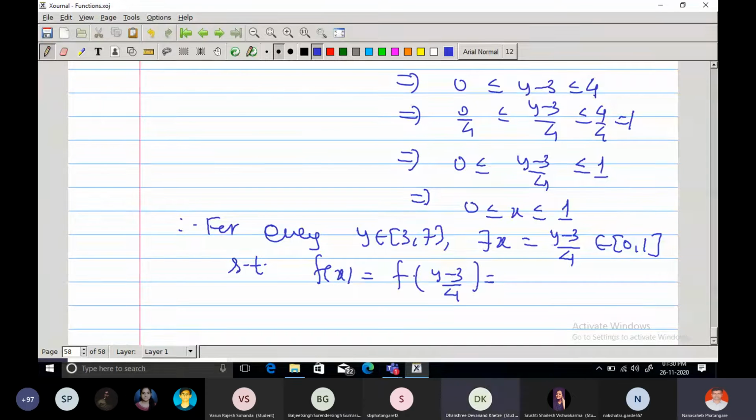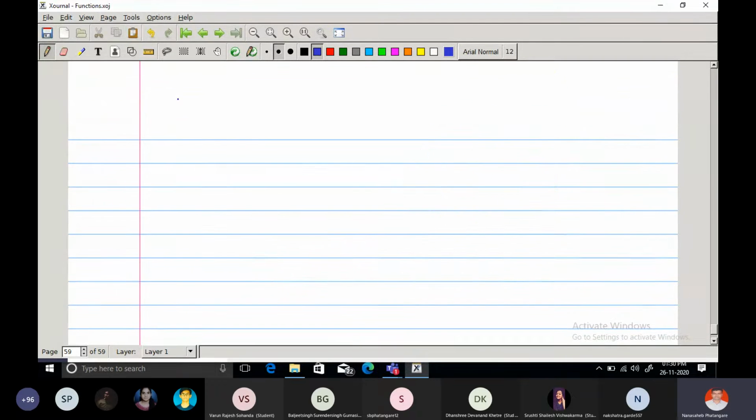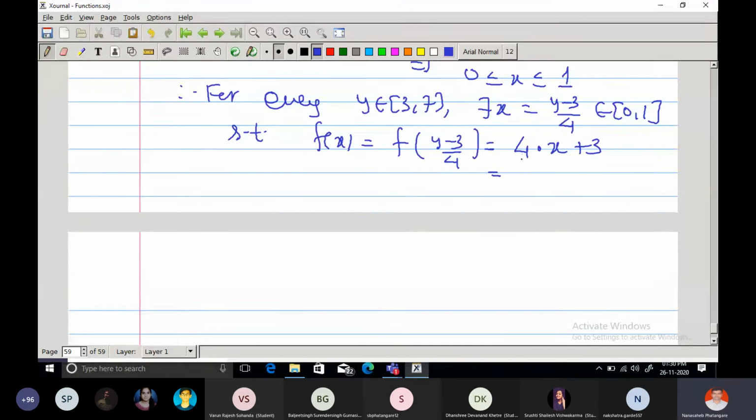4 into x plus 3. But what is x in this case? x is y minus 3 by 4. So it is 4 times y minus 3 by 4 plus 3. So the 4 gets cancelled. And what is it? y minus 3 plus 3. The 3 gets cancelled, y. And therefore the x which we have produced is actually the